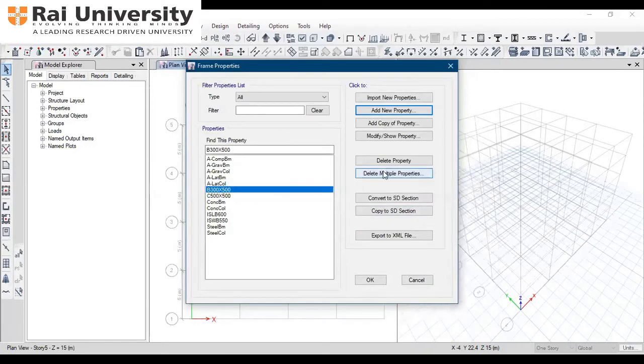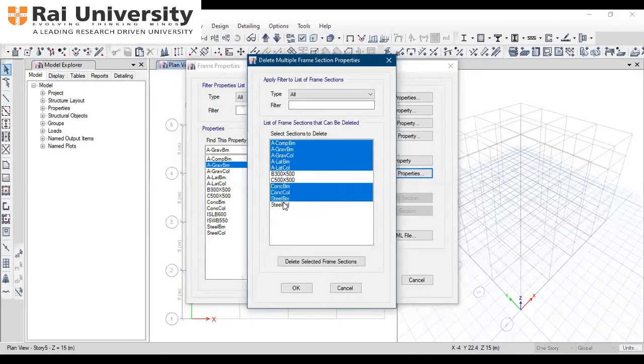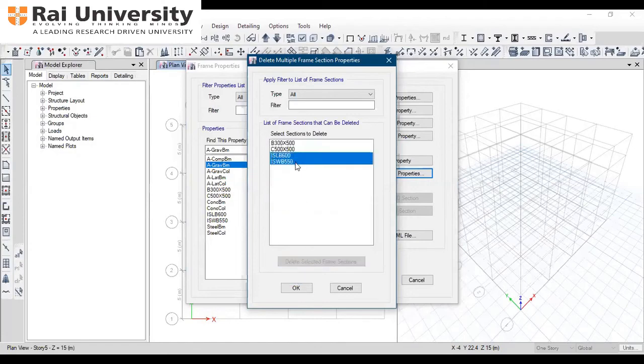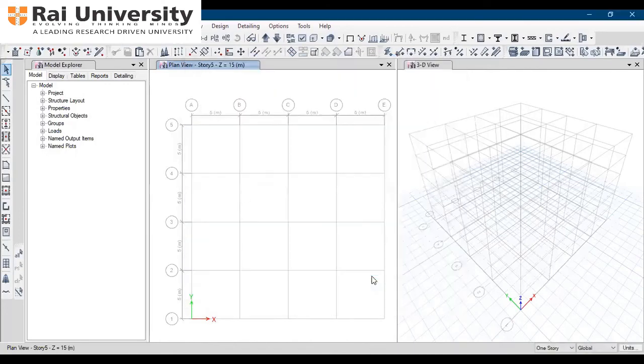Now you can see all the properties here. There are a number of properties. If you want to delete unwanted properties, select all the unwanted properties, choose Delete Multiple Properties, select Delete Selected Frame Sections, and click on OK. Then again click on OK.